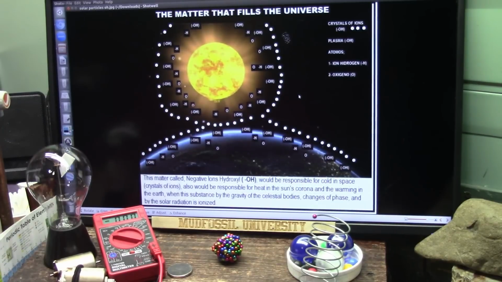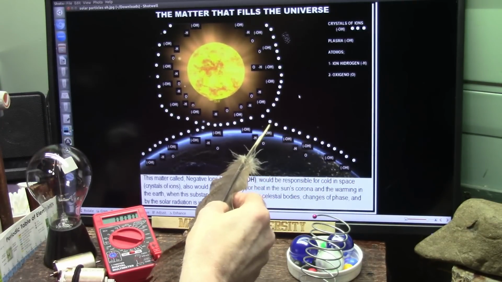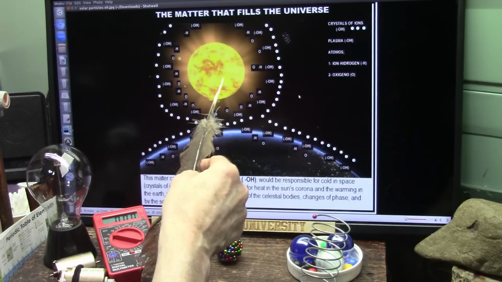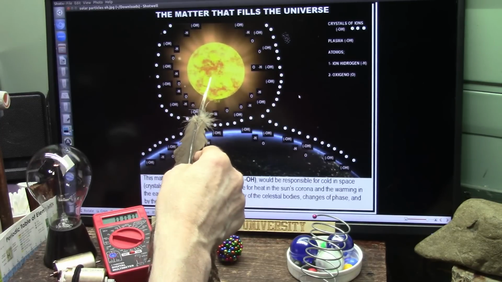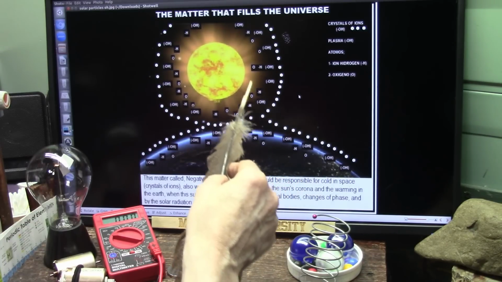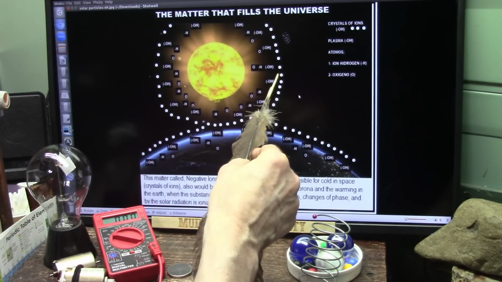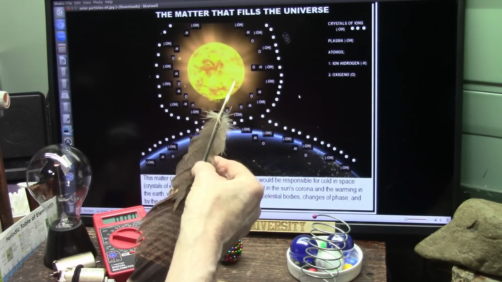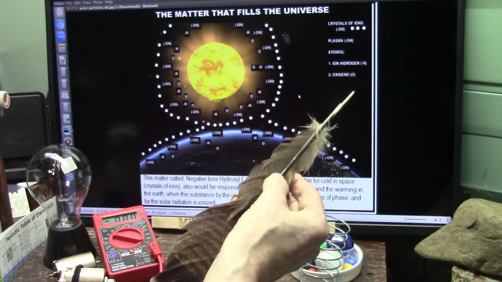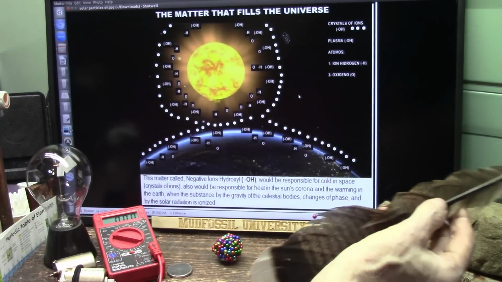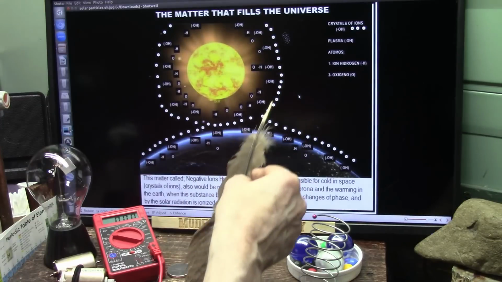So this is another mystery. Nobody can explain why it's so hot out here and why it's so hot out here. The sun is 10,000 degrees on the surface. Out here it's millions. How did it get from here to millions out here? How would it increase its temperature leaving here? You'd think it would be decreasing, but no. All of a sudden it hits out here and it's millions, and then it drops right off again.